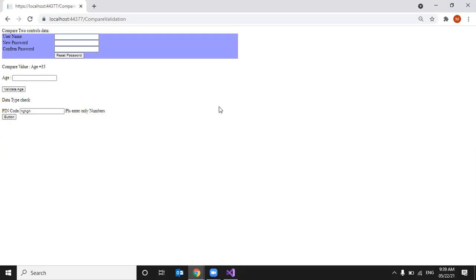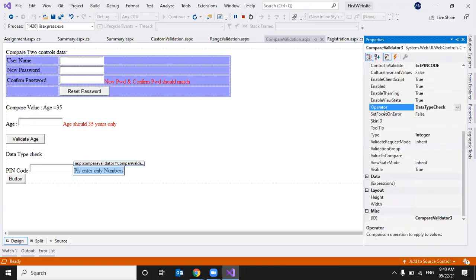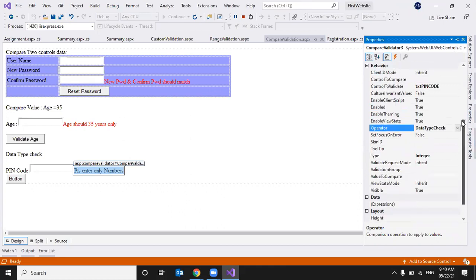So this is about compare validator. Compare validator is used to validate two controls, or a control with a fixed value, or we can check the data type. What are the properties we used?